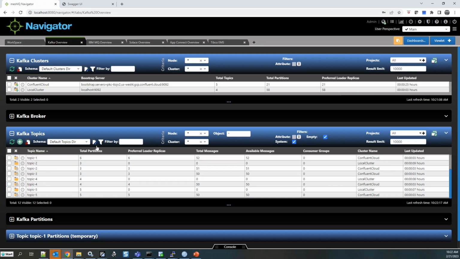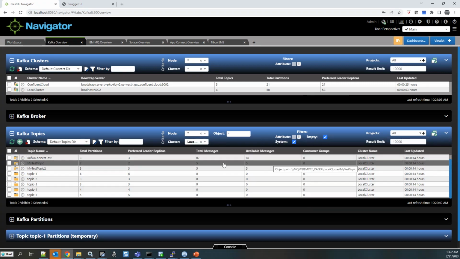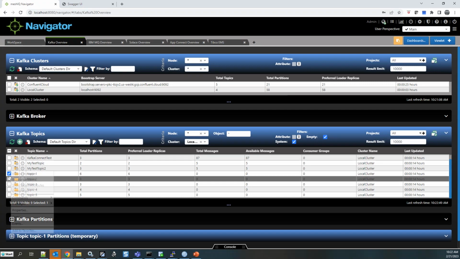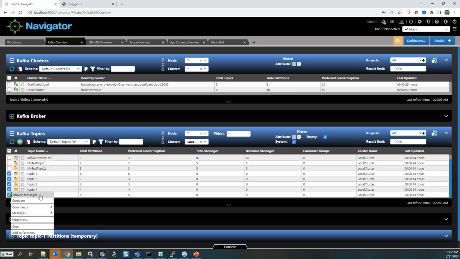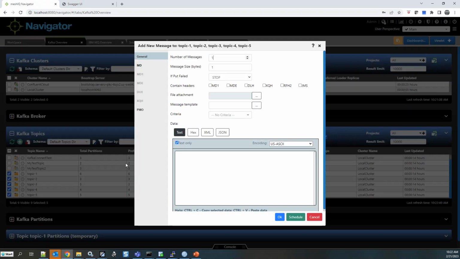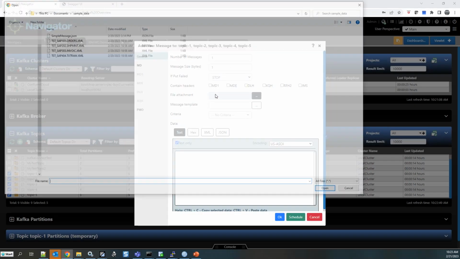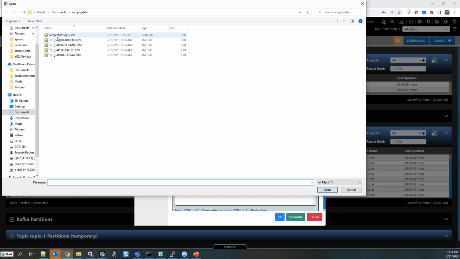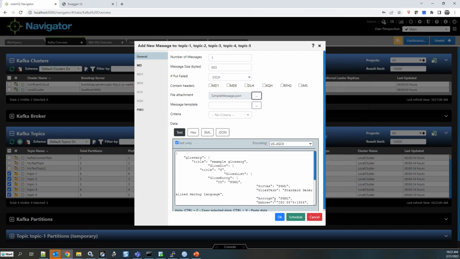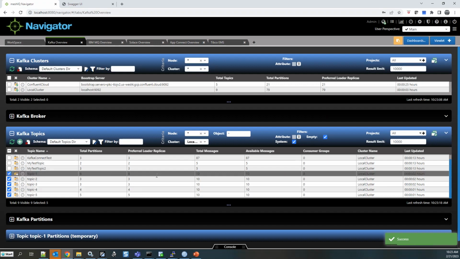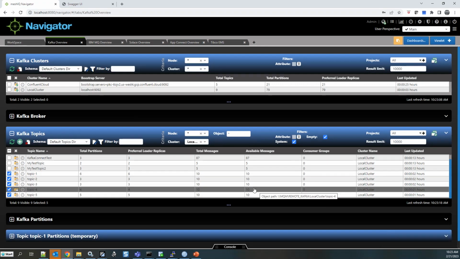Okay, so this would be the point where, for example, let me reset those. And let me go ahead and get rid of the Confluent Cloud ones. Now these are my own local copies. So now let me put some test messages to those. I can come out here to a file. I've got some simple JSON messages. Let me put 100 of those. We'll do 10 of those for each of them. So now I'm putting 10 messages to each of those topics on my local system, right?